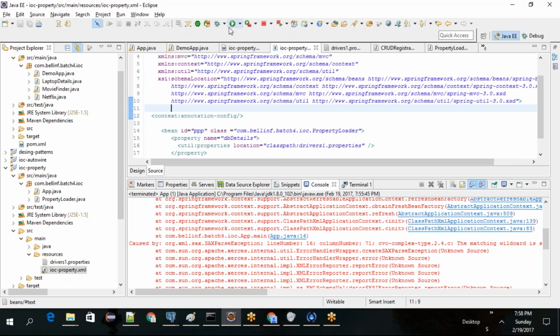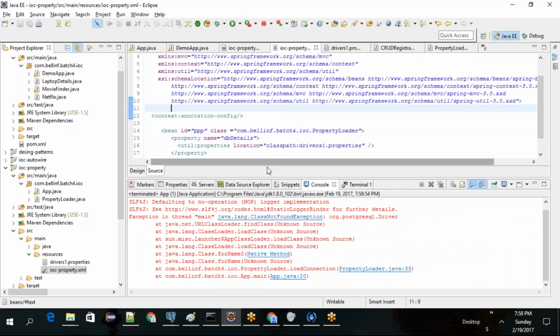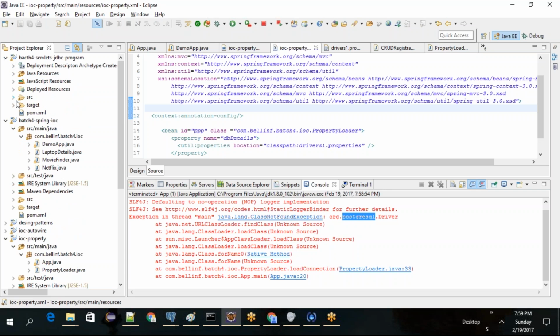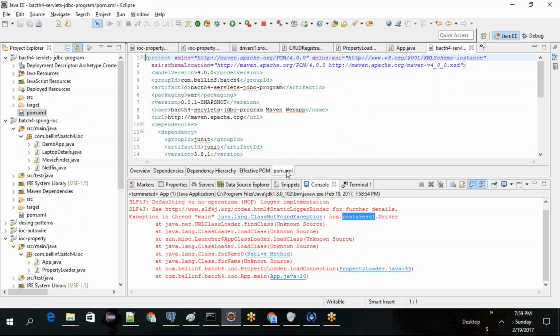Now let's run the program. Okay, the error has been reduced to a ClassNotFoundException. Why is it not found? You need to explicitly add your driver classes. You forgot to add your PostgreSQL driver. So what you can do is simply go to the JDBC program, go to your pom.xml,